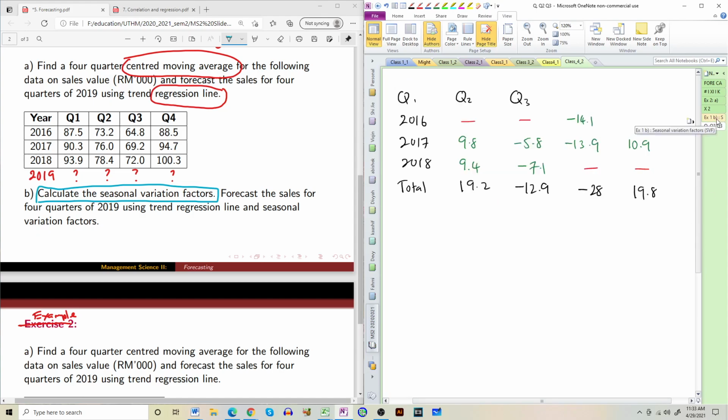Okay, this would be alright. So after you find the total, you write here average. You divide 19.2 by 2 because two numbers, right? You get 9.6. You divide by 2, you get this,